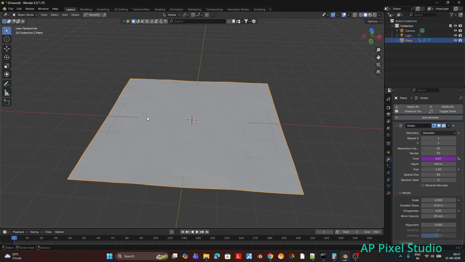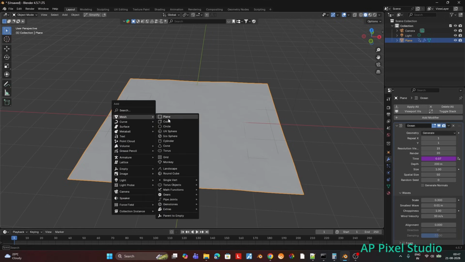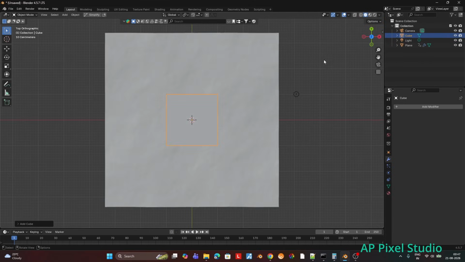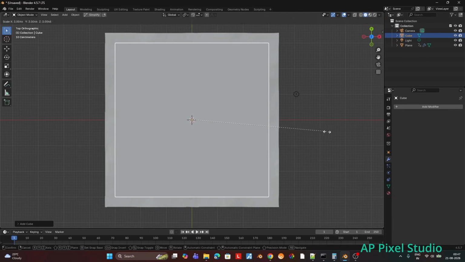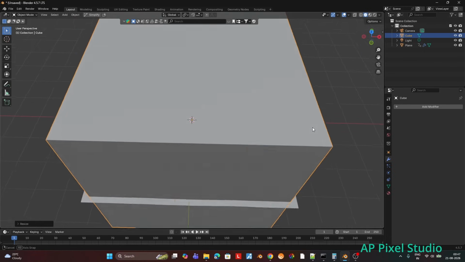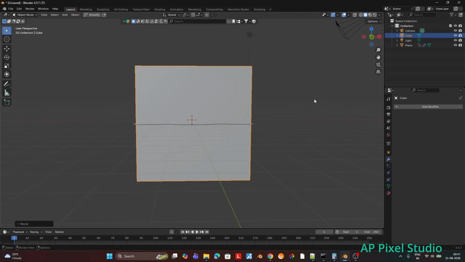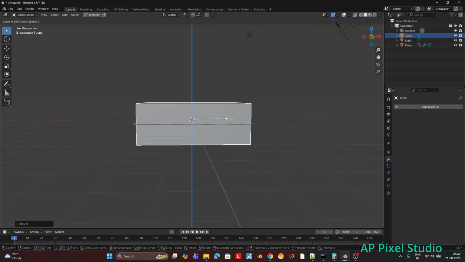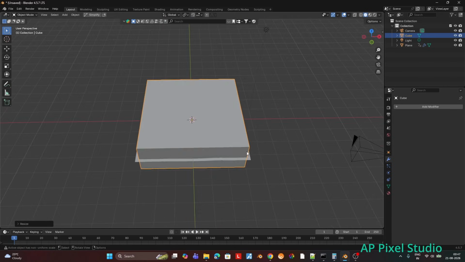Now we will create the swimming pool side area, so we'll add one cube and scale it from the top view. We will check, it should be just a little bit less than the ocean size. If we go to side view, we can see it has a lot of height, so we don't want that. We'll scale the Z down so it has a little depth like a swimming pool. Now this looks good.